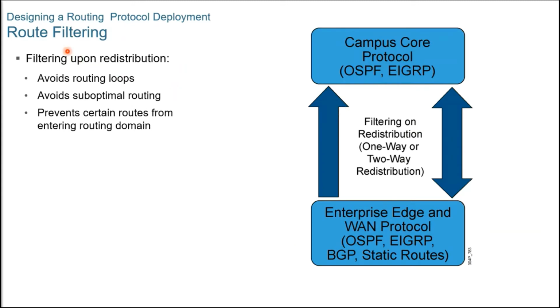Route filtering. As mentioned, route filtering might be required when redistributing routes. Route filtering prevents the advertisement or acceptance of certain routes through the routing domain. So filtering can be configured as follows: on a routing domain boundary where redistribution occurs, within the routing domain to isolate some parts of the network